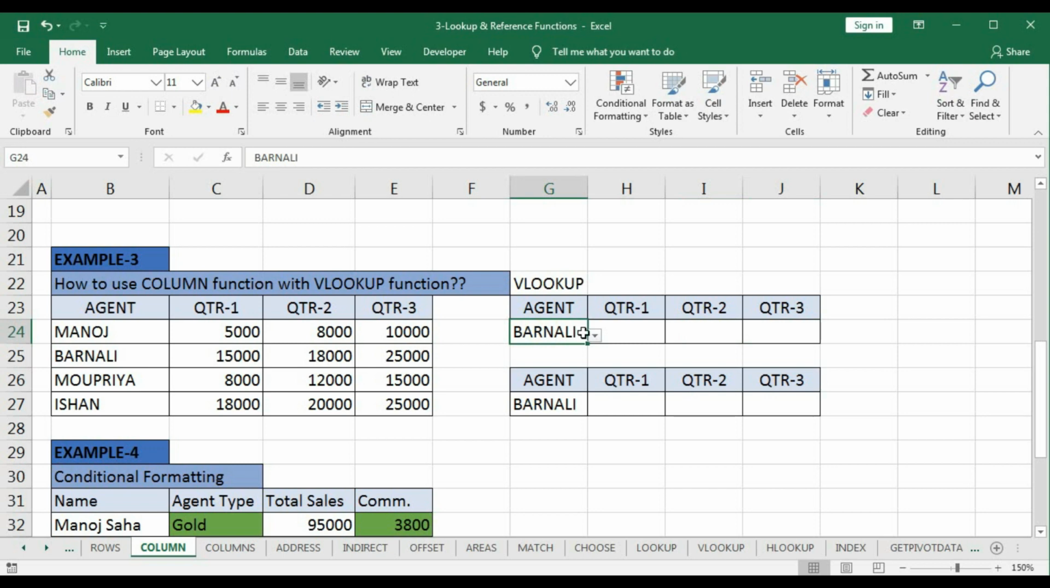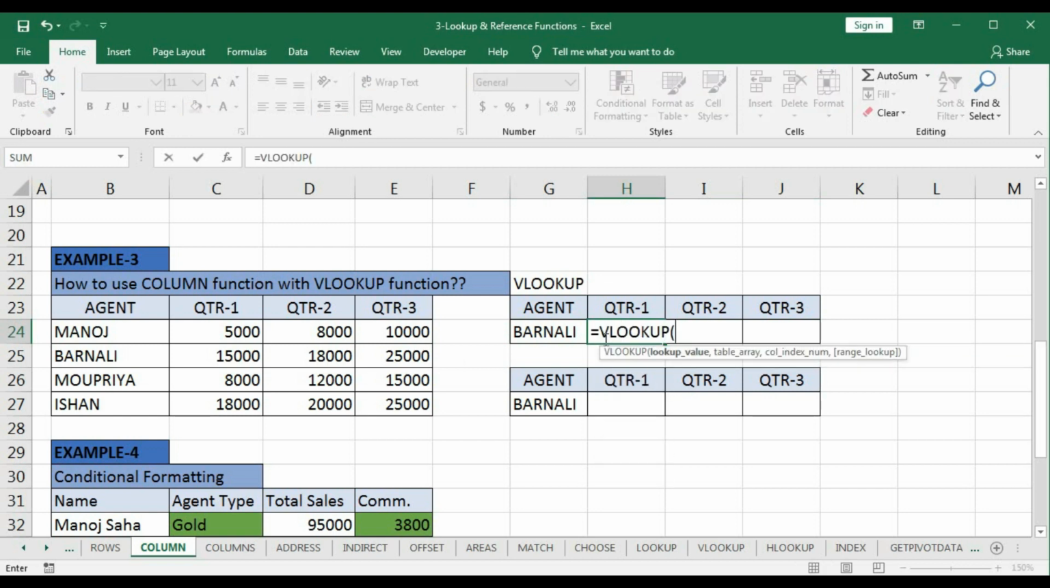So first here I have created a drop down list for this one. If you want to learn about the drop down list, I will give the link in the I button in the top right corner. Okay, here now we will use the VLOOKUP function. Equal to VLOOKUP. Our lookup value is this one, comma. Our table array will be this one,